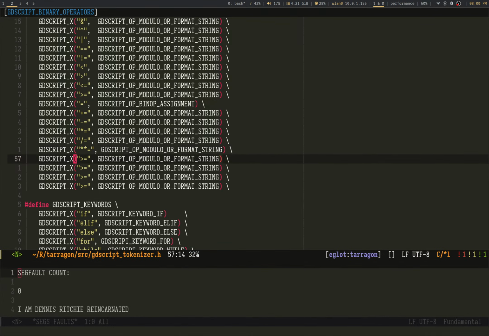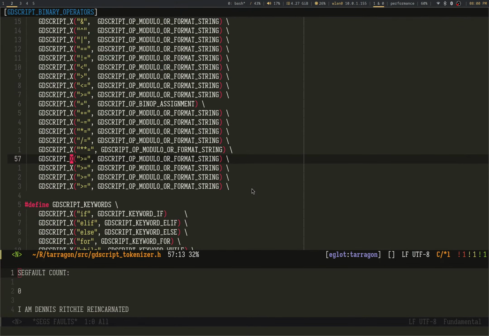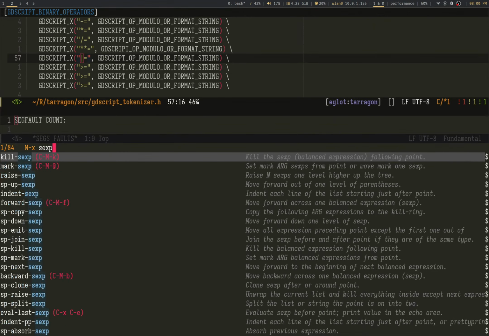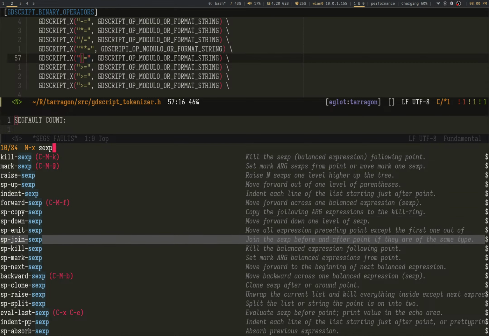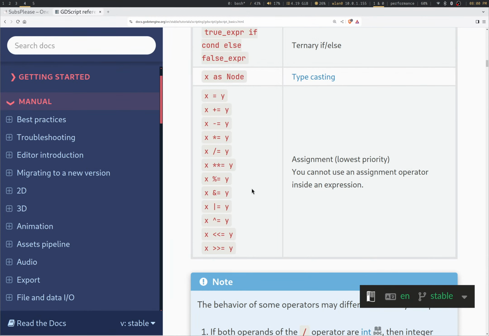Because naturally, what is an abstract syntax tree but a sexp? And I'm using the sexp editor for sexp. Look, we can kill sexp, and we can join sexp, and we can emit sexps. So yes, I'm using the sexp editor.